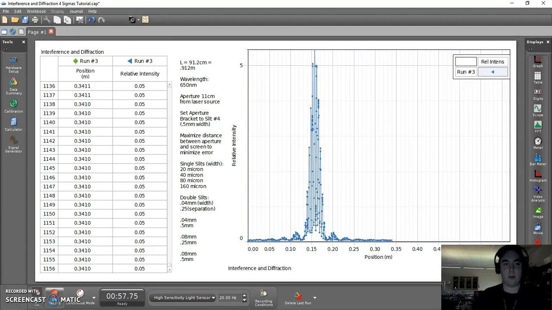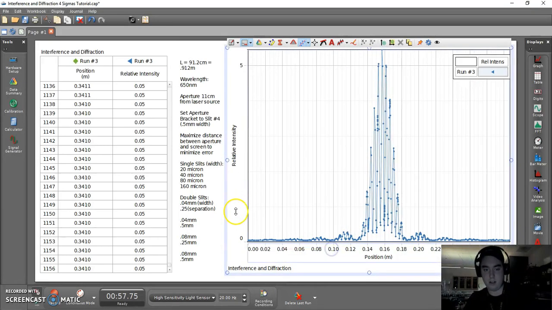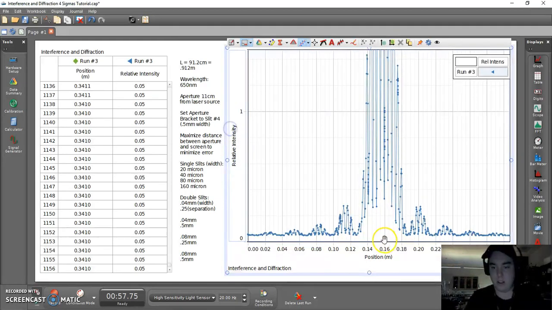Now we're done recording data, and we can zoom in and look at our maximas. We're going to want to take the furthest maxima out from the central that we can differentiate. We might be able to do this one, but since this one's a little more clear, I want to take the third maxima to the left of the central. So we're going to grab our coordinate tool